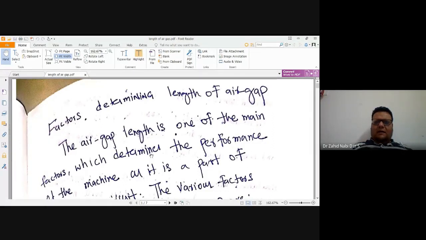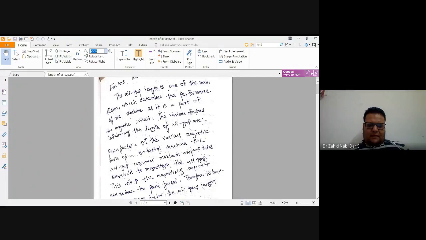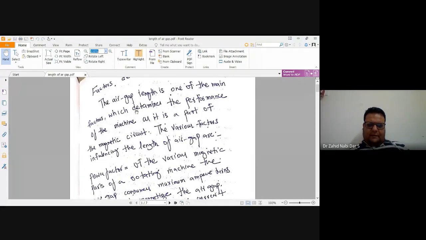Now, we are to study here the length of air gap, how to determine it, and the main factors on which it depends. The air gap length is one of the main factors which determines the performance of the machine, because